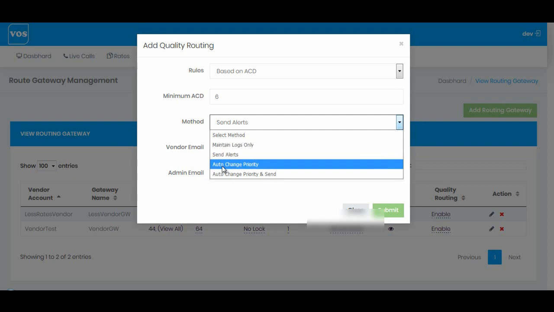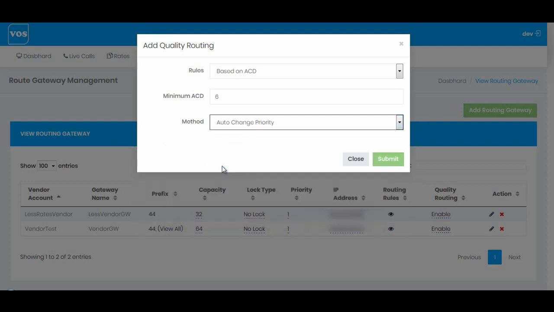Auto change priority. Now this is the very fun part. If any of your routing gateways is giving you lower ACD than the defined value, then it will automatically change the priority. So with this example, let me select auto change priority, hit submit,